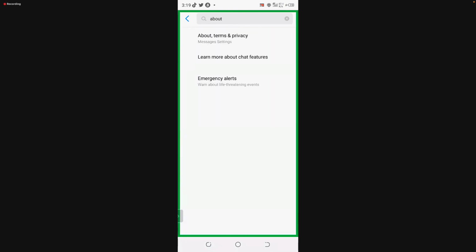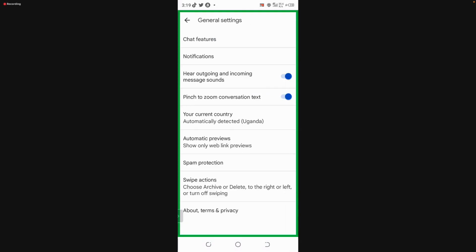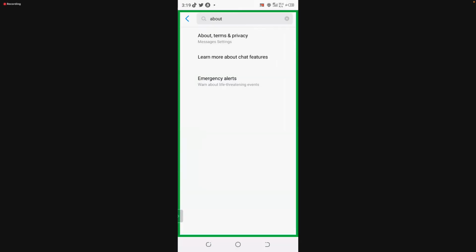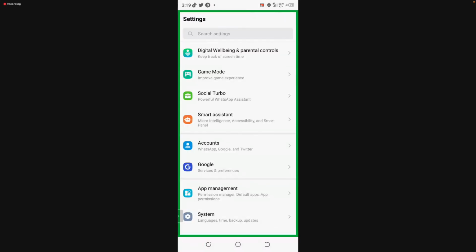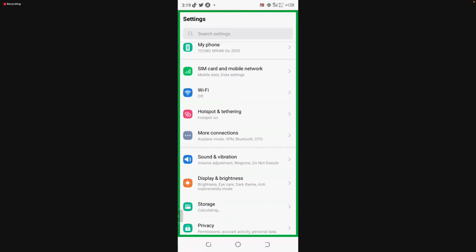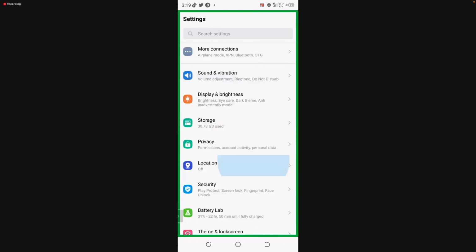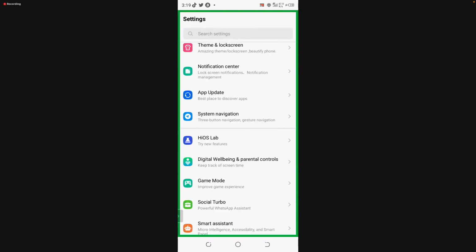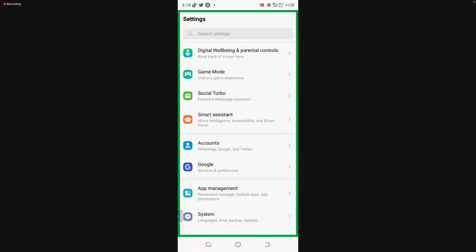Okay. I had clicked back. So go where there is about the phone. Is it here? Let me go step by step anyway. So come to settings. Look where there is about the phone. I don't know where it can be found. This is a new phone. I think it is